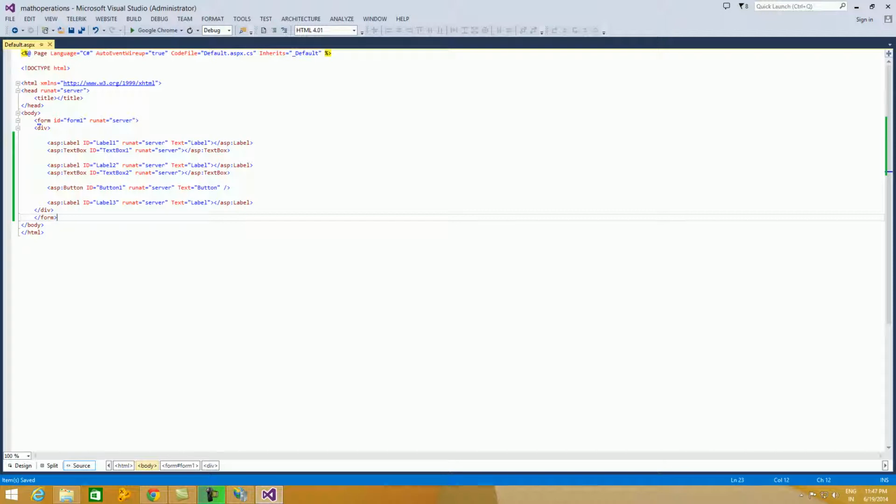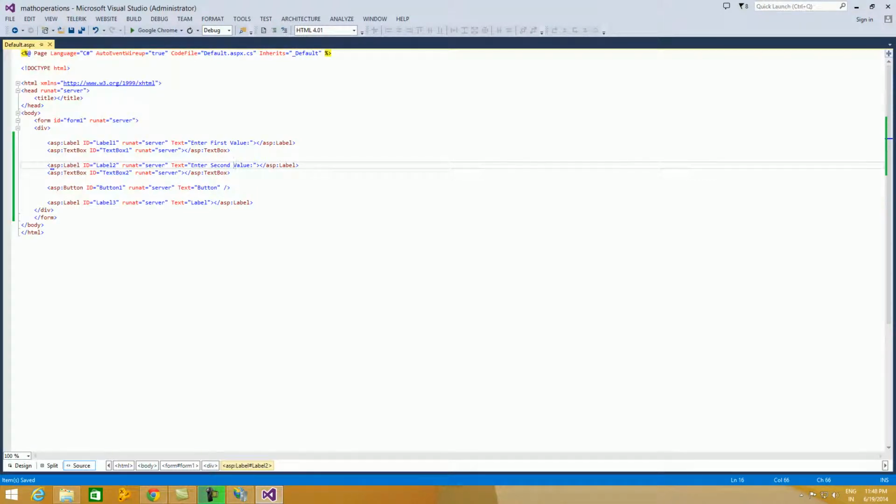Now for the label text, we'll give the value as enter first value, and for the second label I'll call this enter second value. This is the first value, this is the second value.